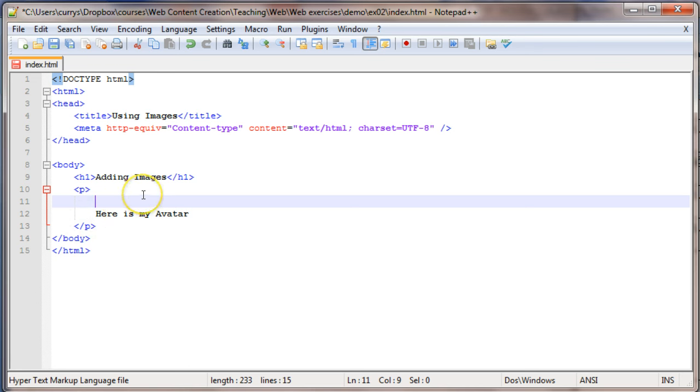So I'm going to use the image tag, so img for the image tag, and then we're going to have an attribute equals value scheme. So the attribute in this first case is src for source, and that is going to tell the browser where the image actually is located, what's the source of the image. So my image is called